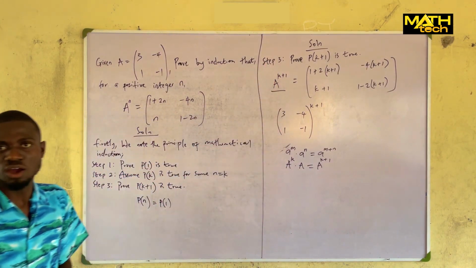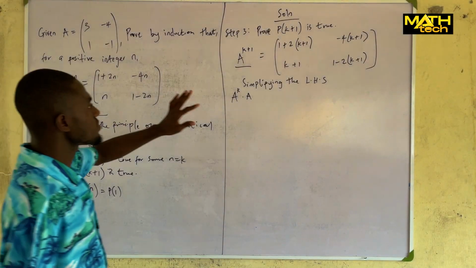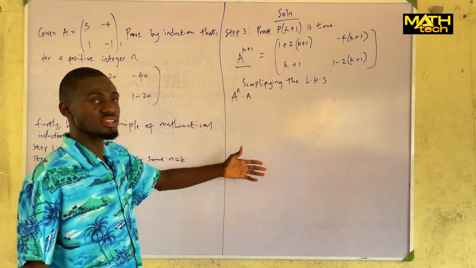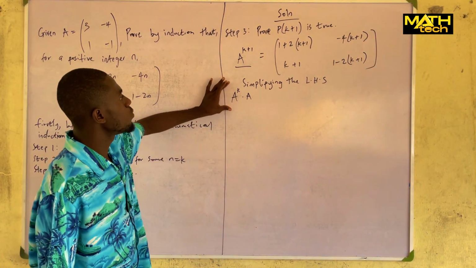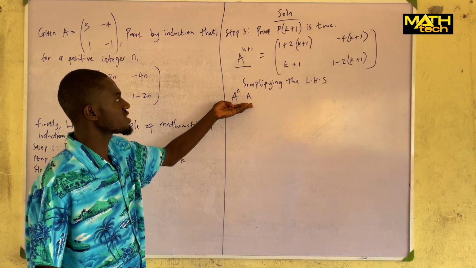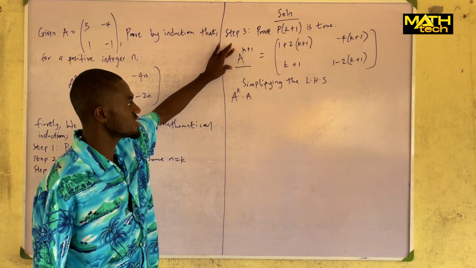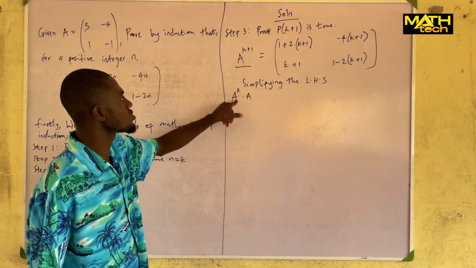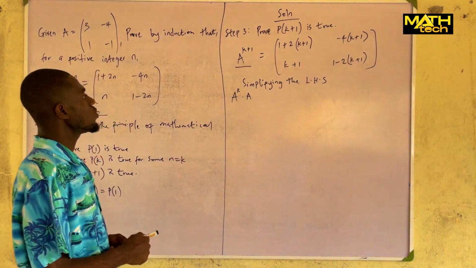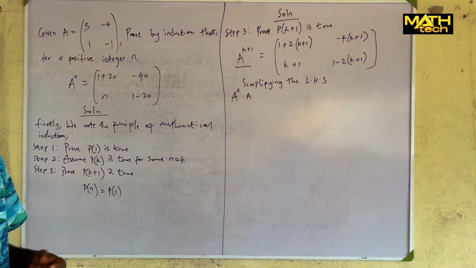So let's do that now. Okay, so now we are simplifying the left hand side, and from the explanation I made earlier, we'll be breaking this using the law of indices, and we are using this expression. This expression is the same as this. So this is a raised to power k and this is a raised to power 1. This is also equal to this. So now this takes us back to